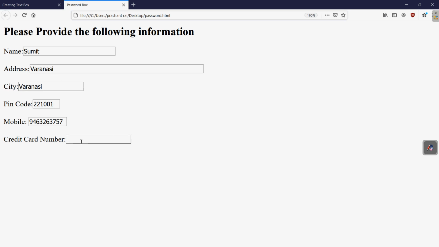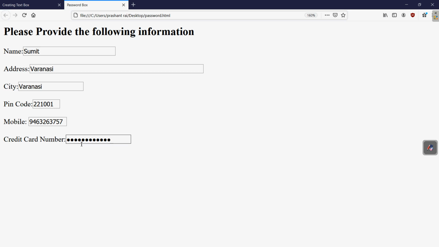Earlier all of these were of type text, so the text is being written. Now in the credit card number we have chosen the password type. If I write something, you can see these are being written in the form of dots. Clear? This is the purpose of the password box. Whatever information you write here in the password box will be hidden.